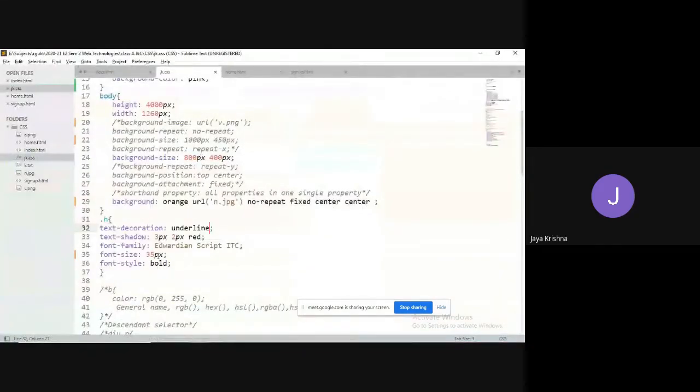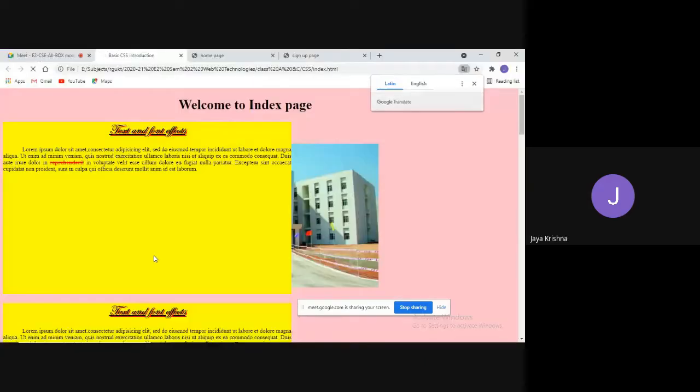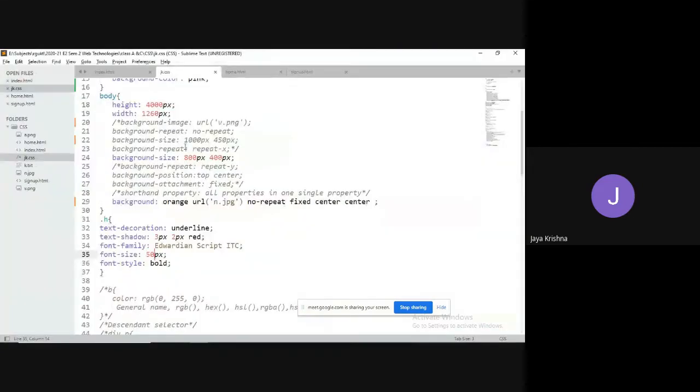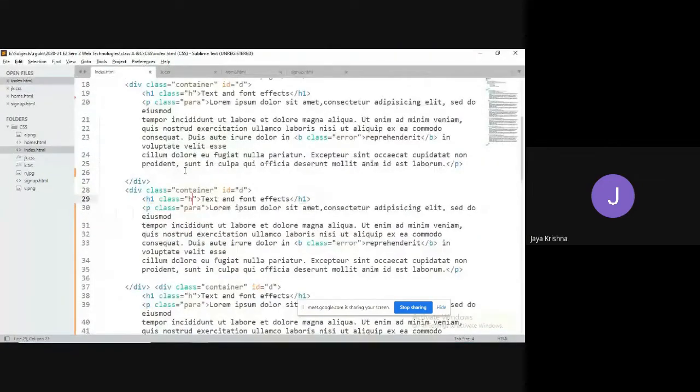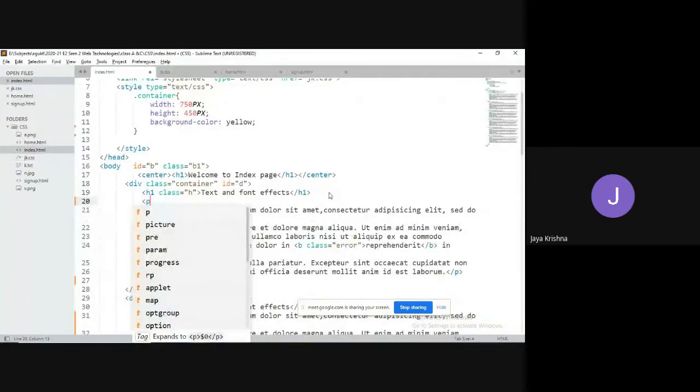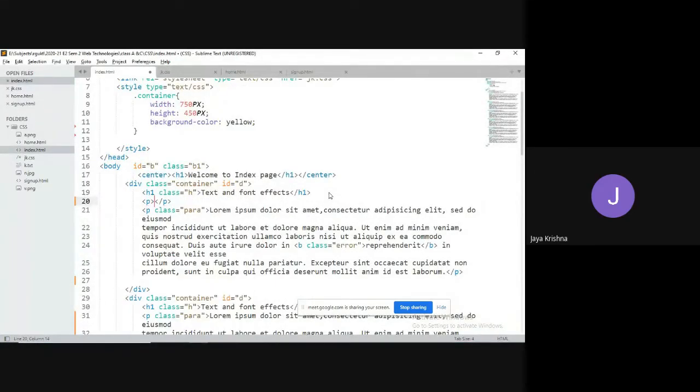For example, I am going to increase the size of the font. I will add some more data here, for example a paragraph.